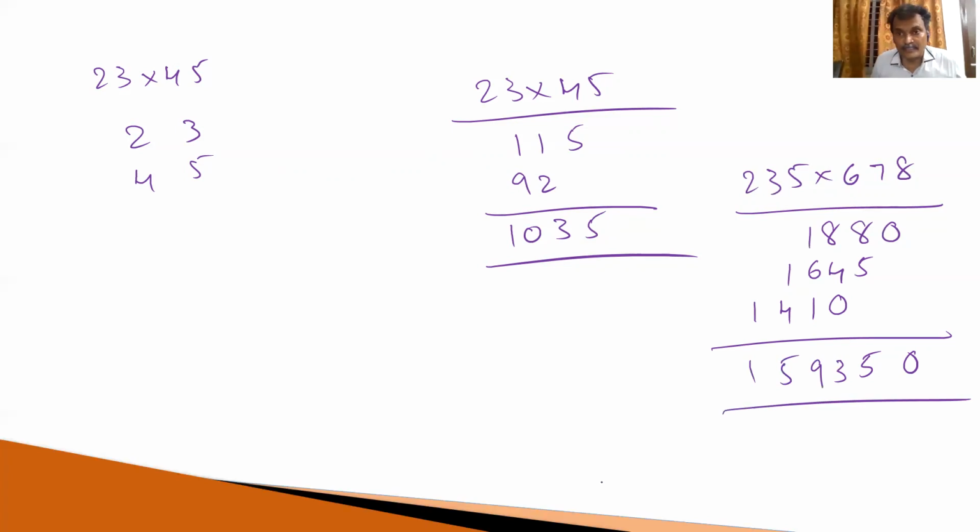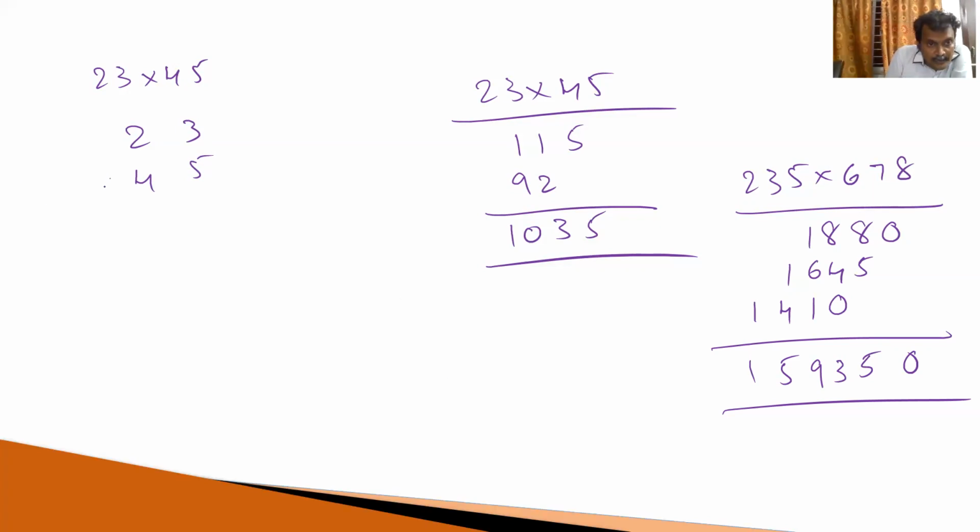Suppose 4 digit by 4 digit, then what happened here? 4 steps are there. Suppose 5 digit by 5 digit, here 5 steps are there. Suppose 6 digit by 6 digit, here 6 steps are there. This is the conventional procedure, right? Now, with a small change, you will get the answer in the Vedic mathematics system. The concept is the same, but the application is different from the conventional procedure.